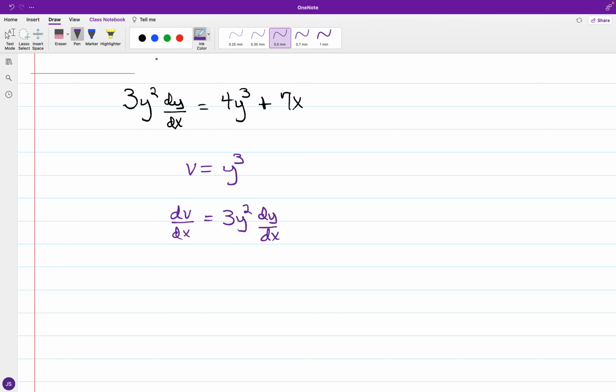So in the rewrite, for 3y squared dy over dx, we have dv over dx, and 4y cubed is going to be 4 times v. Then we have plus 7x,